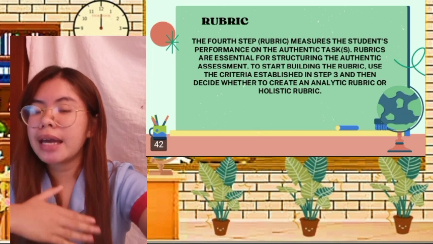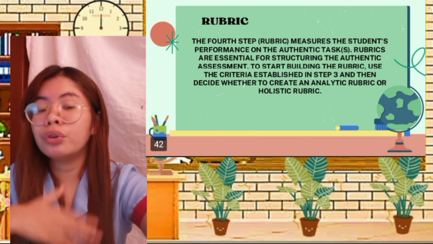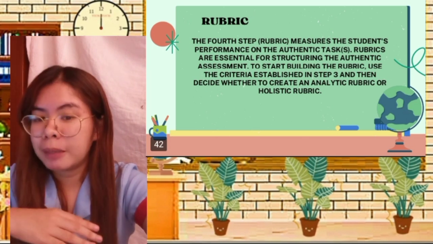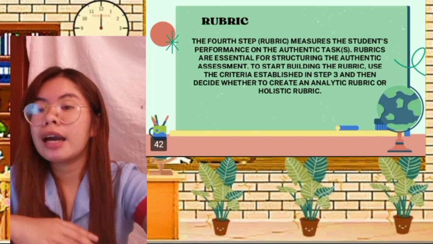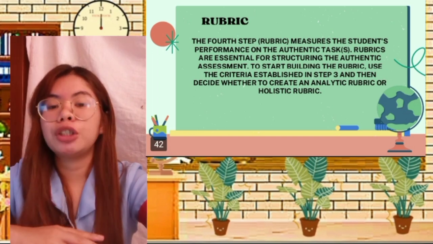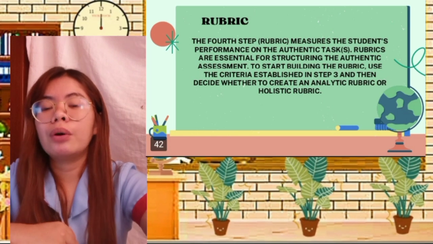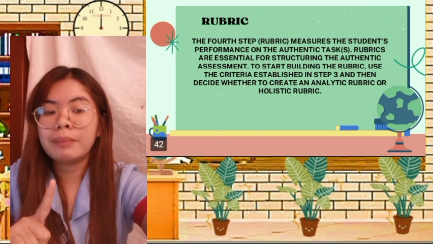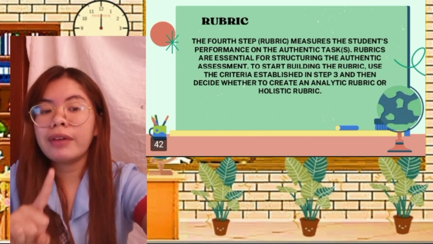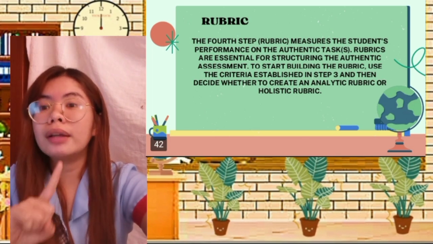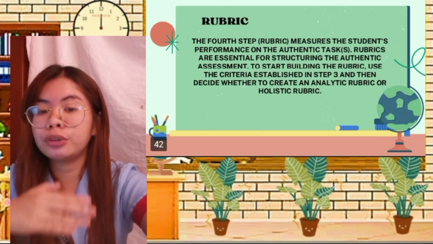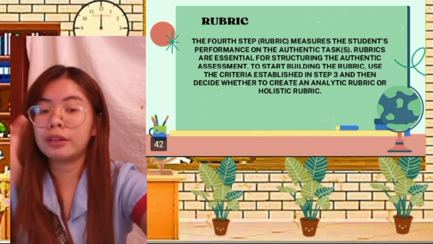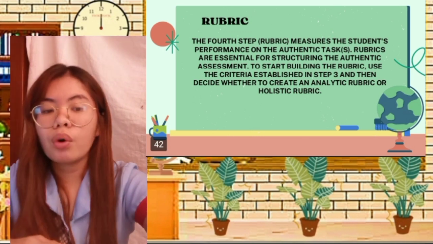So, before you come up with a rubric, you must first come up with the criteria, because the rubric is based on the criteria, no? So, again, to summarize the steps: in step 1, you identify what you want your students to know and be able to do. So that is the standard. In step 2,